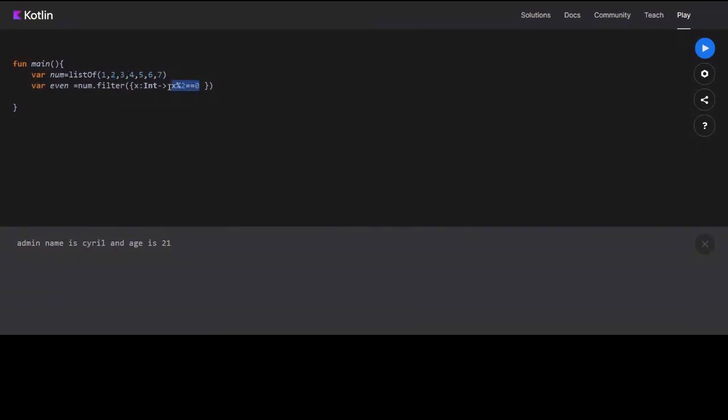Okay, so this is an equation, see, this is double equal to. So this expression will return either true or false according to x's value. So this is an equating expression. So if we try to run this, we print even. Let's see what we get.